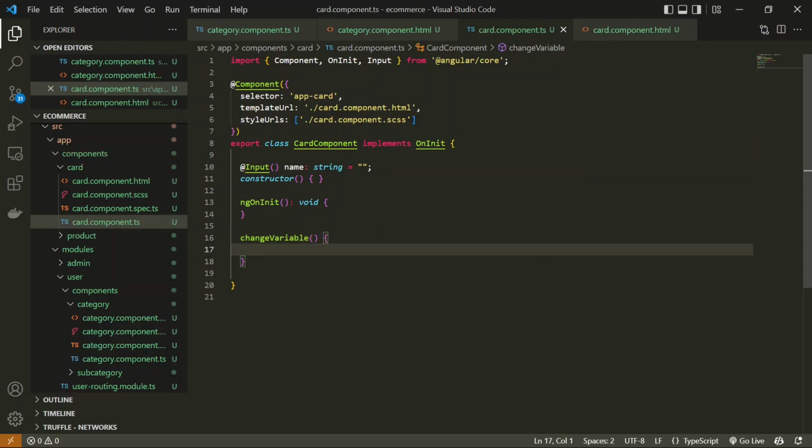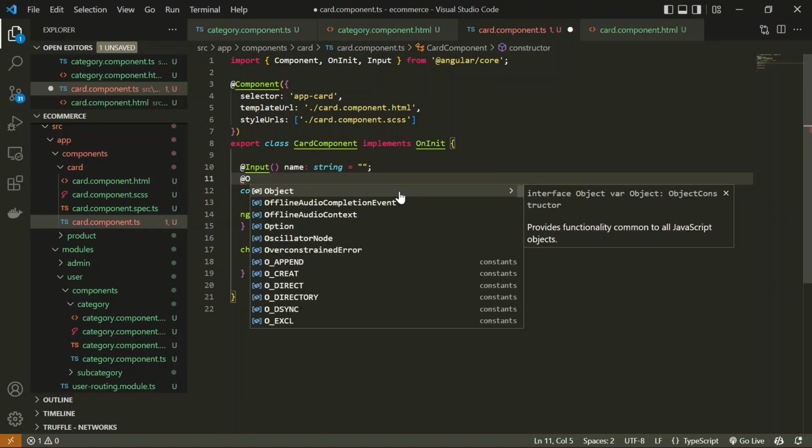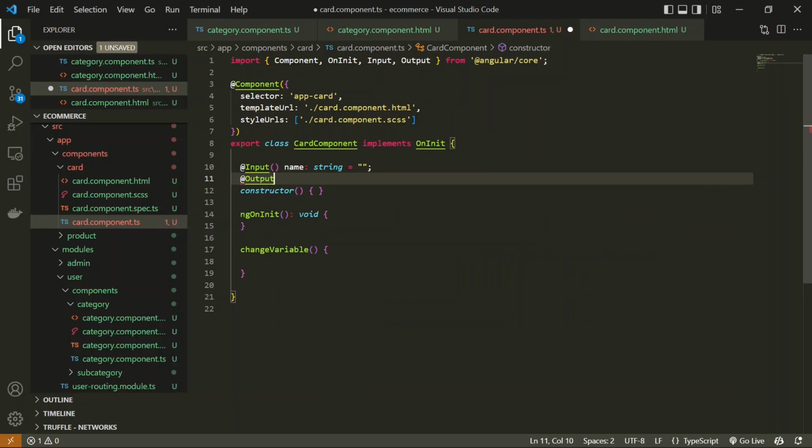So now this is called in our child component, and on this function we have to call a new function which is part of the parent component. So how can we do that? Just keep in mind, to pass data from the parent to the child, we use input, and similarly we can use output to pass data from a child to its parent. The output is also a decorator. We have to import output similarly to input. So once I click on output and hit enter, you can see over here this is an output.